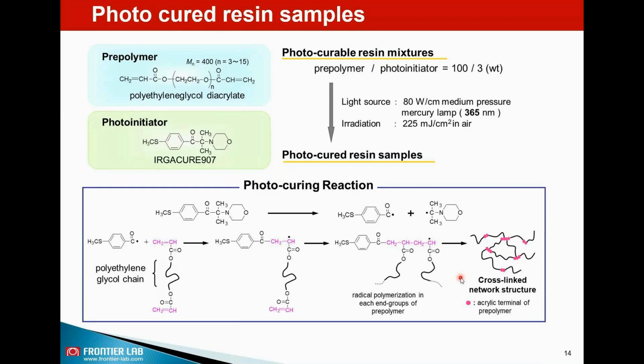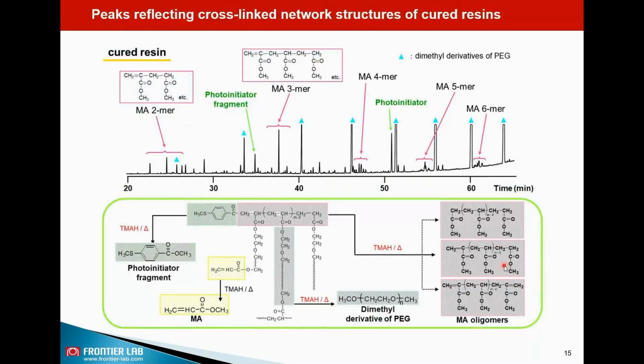That means one has to see more of this cross-linked network structure to increase the stability or the durability of this material in 3D printing applications. Now, how we can see this cross-linked network structure characteristic through our PYGCMS is what one is curious to know. Okay, so when you want to analyze this kind of samples, maybe the normal pyrolysis products may not be sufficient to interpret this data more